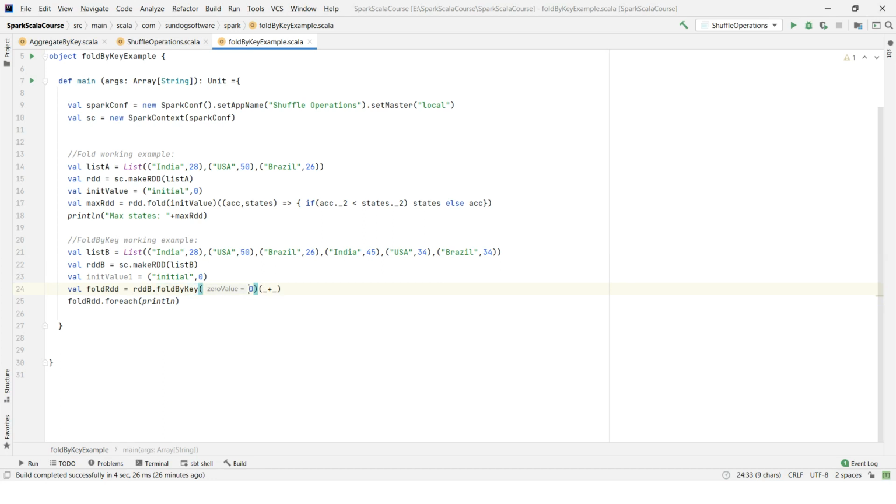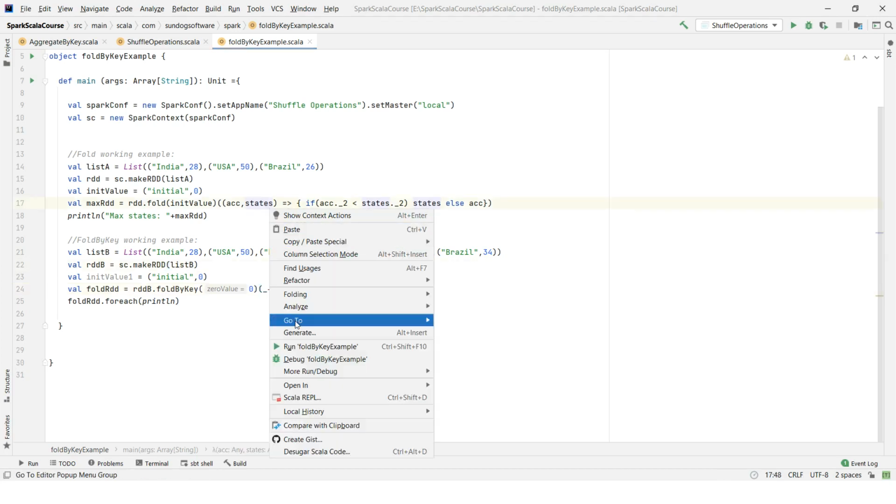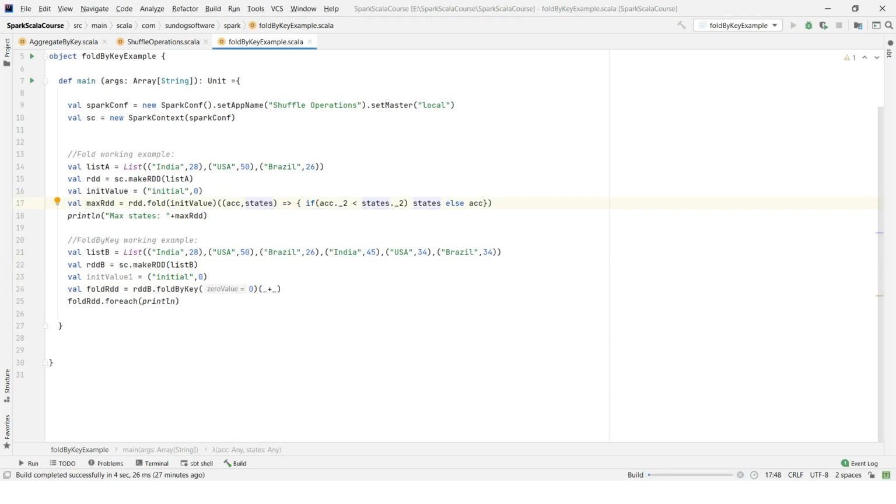So foldByKey takes the 0 initial value and a function, which is an associative function that aggregates all the values, and the same function is applied within the partition and also across the partitions. Then finally I am printing the output. Now let's run this and see the output.